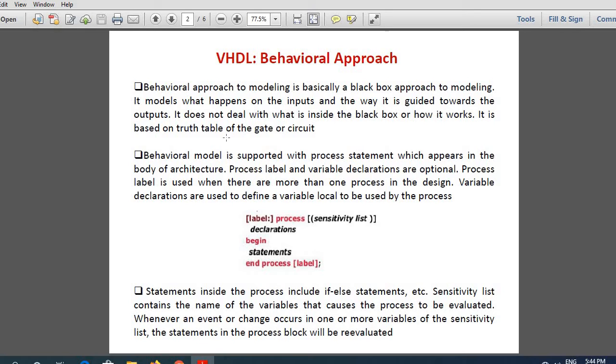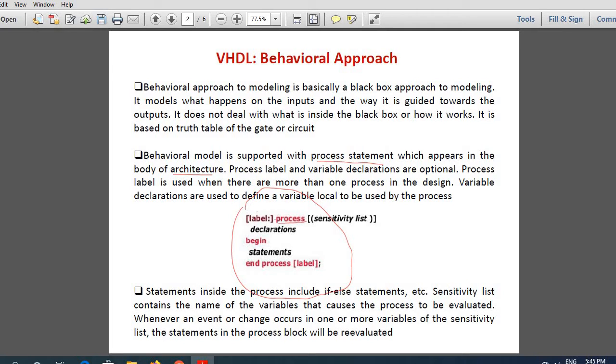In order to do behavioral modeling, you have to make something called a process statement in the architecture. In architecture, you have something additional called the process statement. So, you have to write the keyword process.